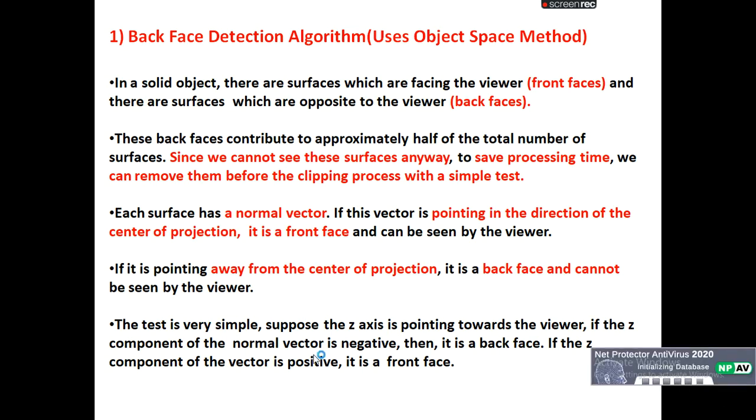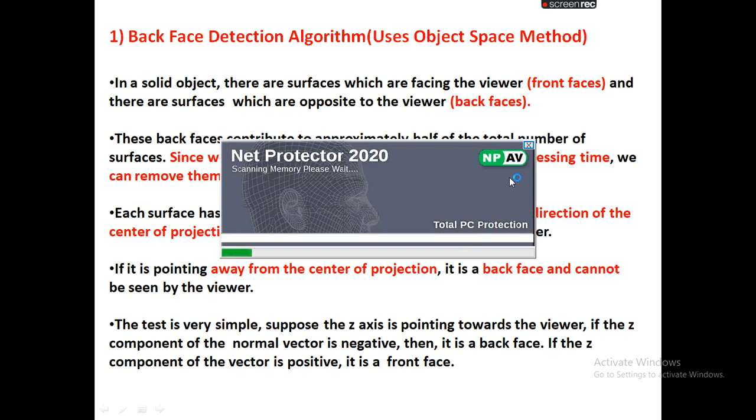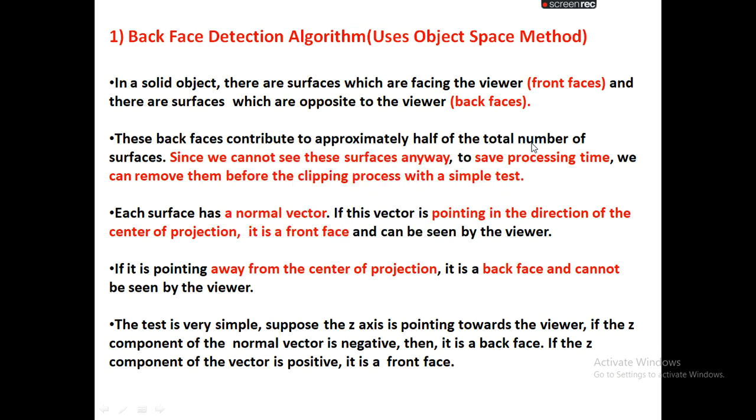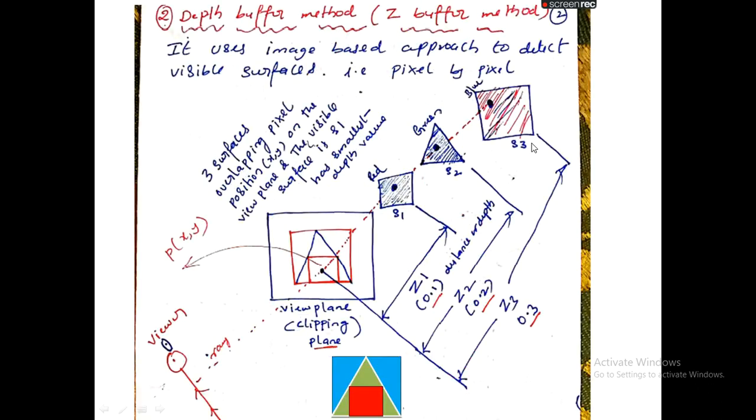Now we will go to the next type of algorithm that is very important, called the Z buffer algorithm or depth buffer algorithm. This is the second type of visible surface detection algorithm. It determines which faces of the particular object are not visible to the observer.